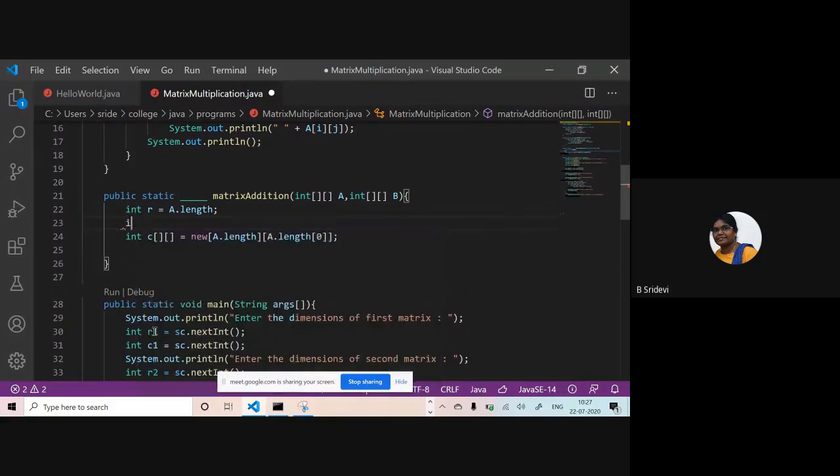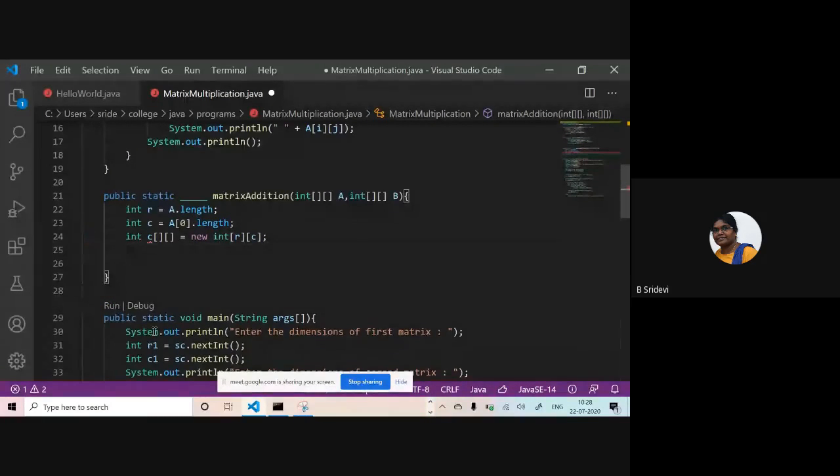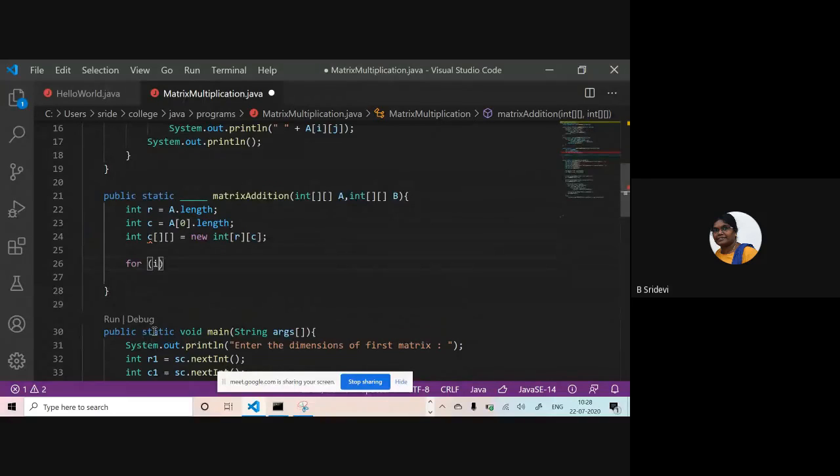Int columns of my answer is A of 0 dot length. Okay. So instead of writing this so long, you can put new int of R, C. Okay.